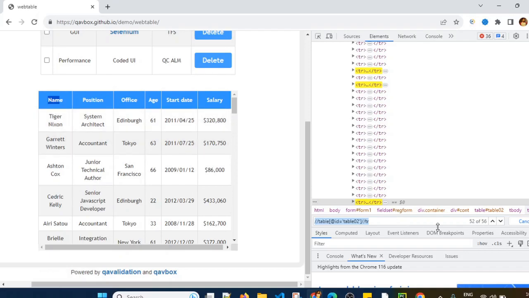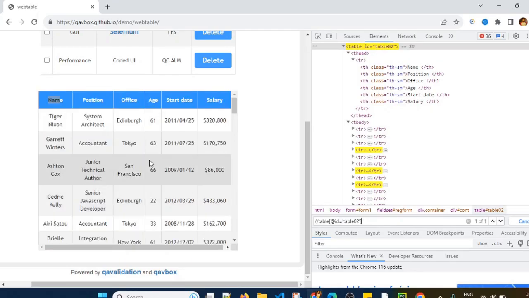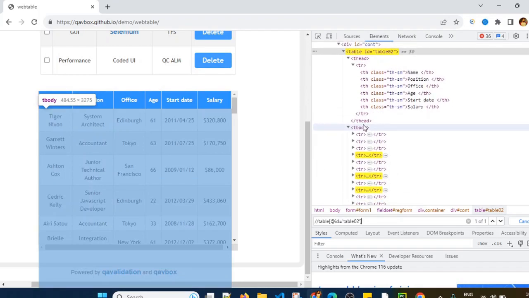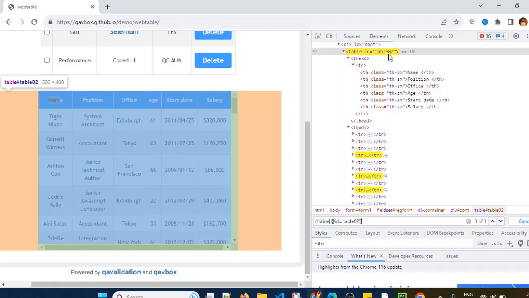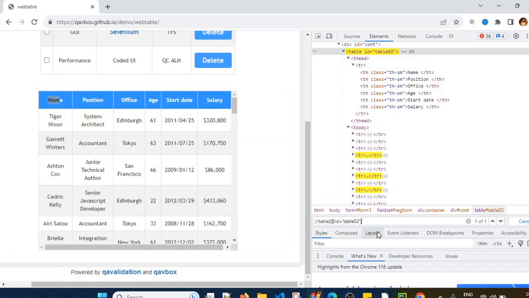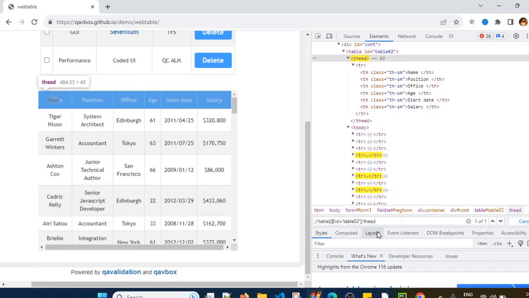How many TH tags are there? So we want to find out how many TH tags are there. In this XPath, this will identify the table. So how to go to TH tags? If you see, table ID equals to table 02. After table there is a thead tag. So I can find out like this: / then put the thead tag.